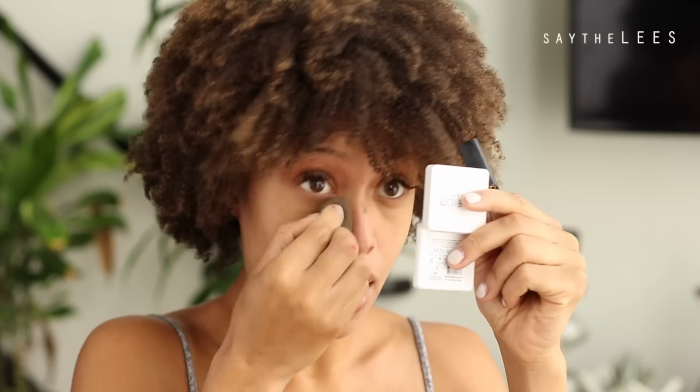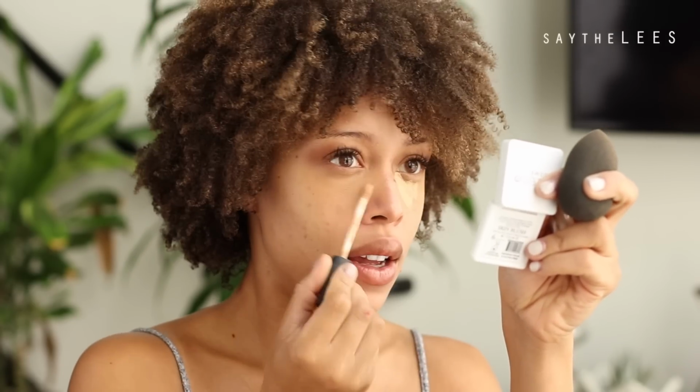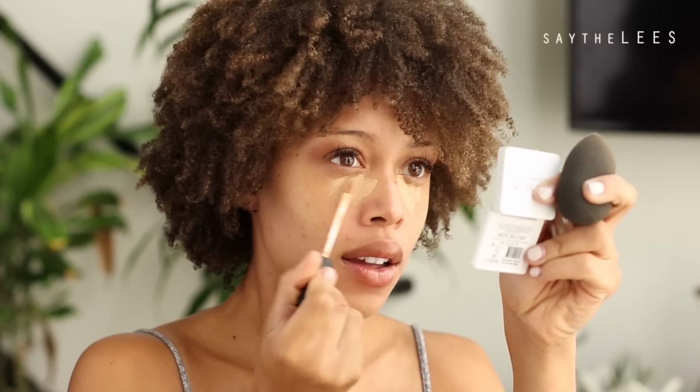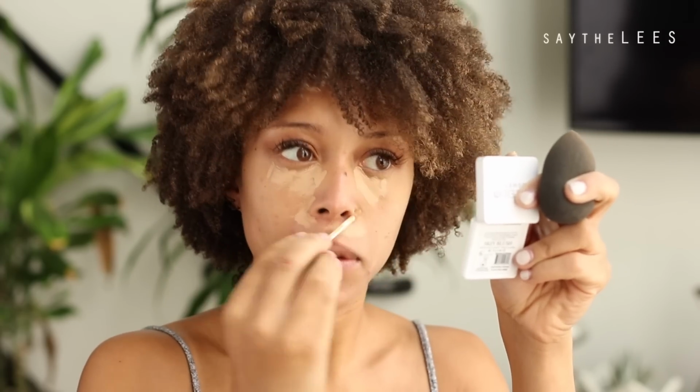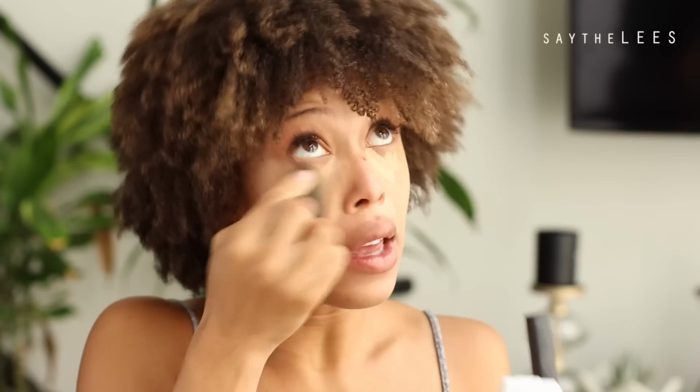And then just take my Beauty Blender sponge just to work that in. And then I like to take Macadamia just to brighten up under the eye. And then just around the nose, also where I have redness. And I'm doing a really, really light layer of this because I want it to look like skin, but just healthy skin. I always forget to do brows when I have a bro